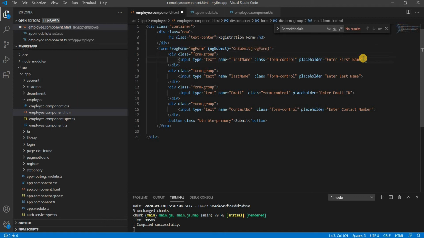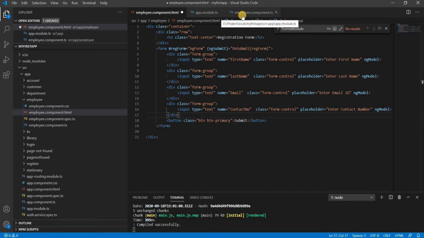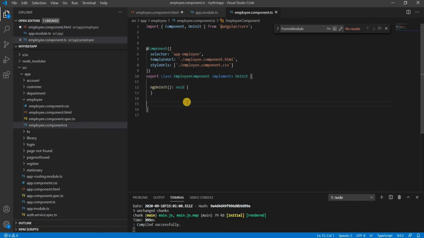Next step is we have to mention ngModel here, and declare this function in our component.